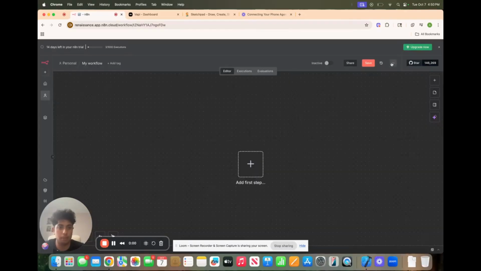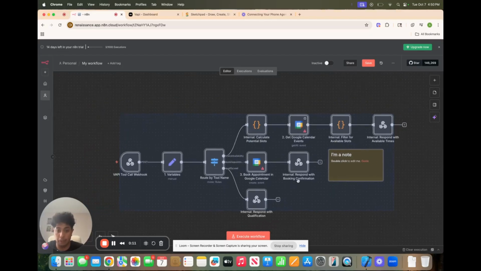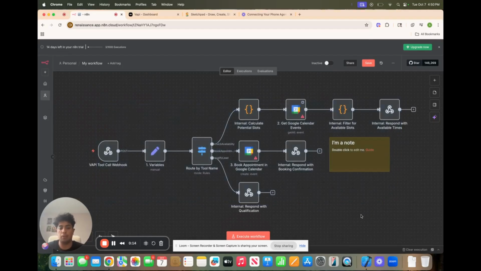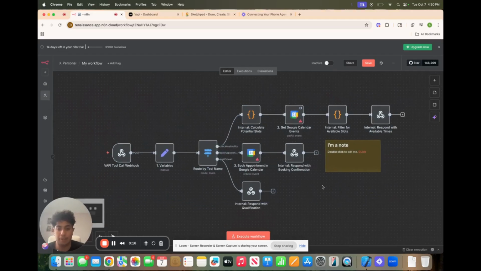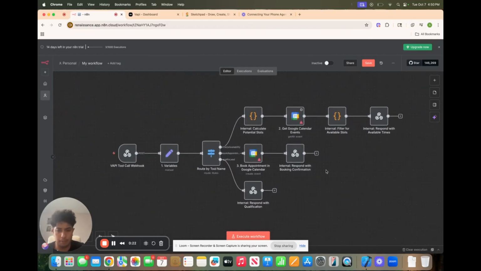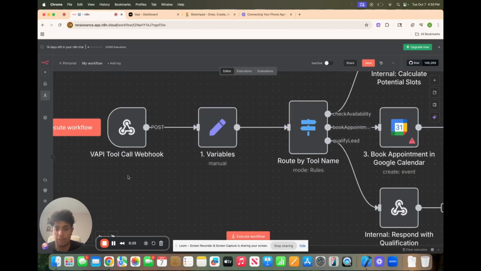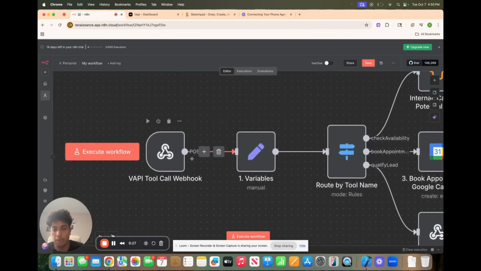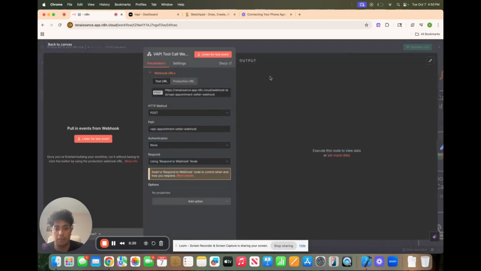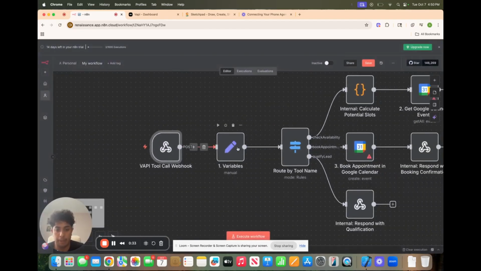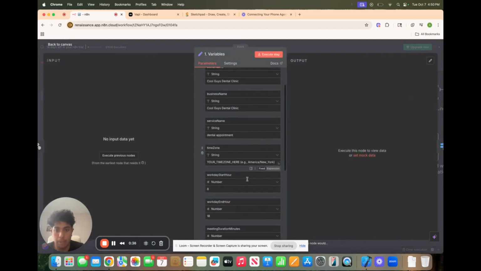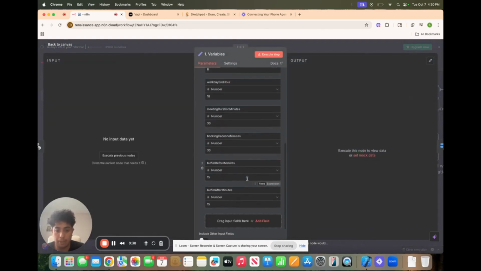All right, so this is what we do. We import from file and look for the dental clinic workflow that I'm going to link, and there you go. When you open it, you're going to have the whole template, and you see how small this template is. It's nothing crazy. Let me get rid of this note. This is just a very simple template, right? And as you can see, this is the webhook that we're using. This is how we're calling VAPI. And then this right here is the variable node. Okay, this is going to have all our information,